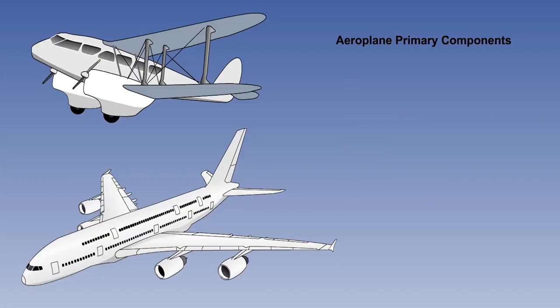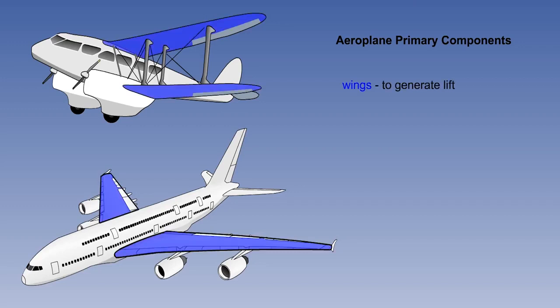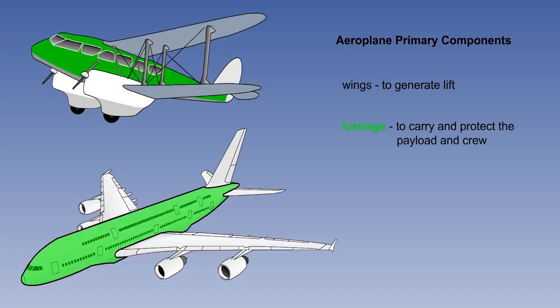To meet these basic requirements, all powered aeroplanes have the same primary components. These components are the wings, which generate lift, enabling the aeroplane to fly and remain in the air, the fuselage, which safely carries the payload and crew,